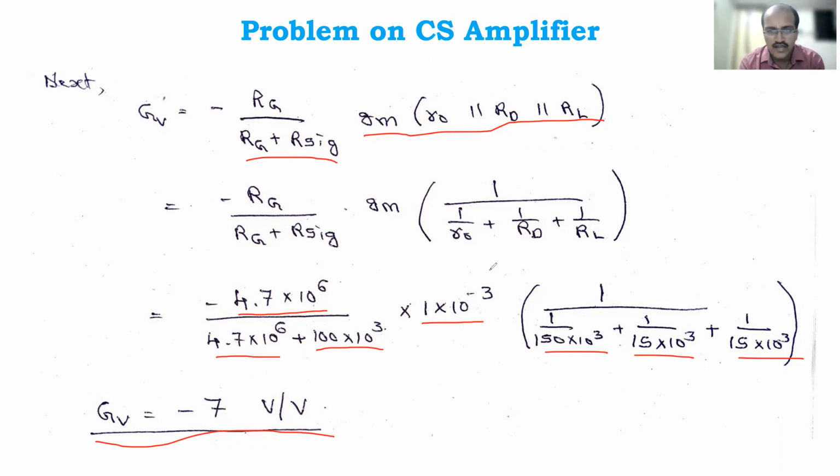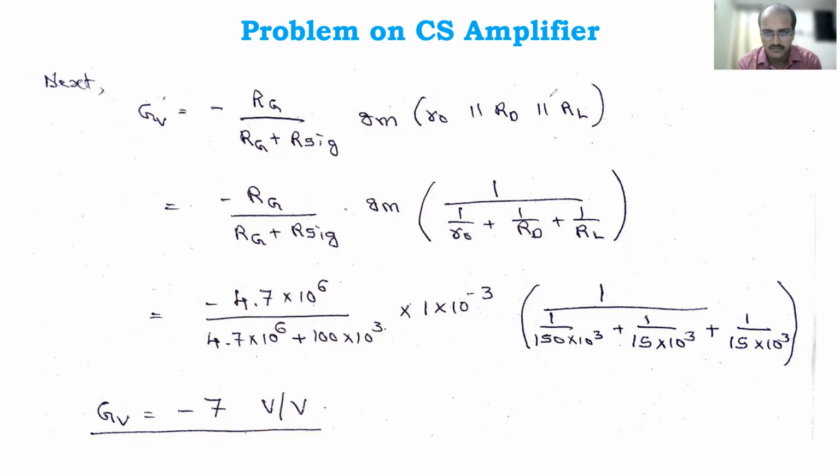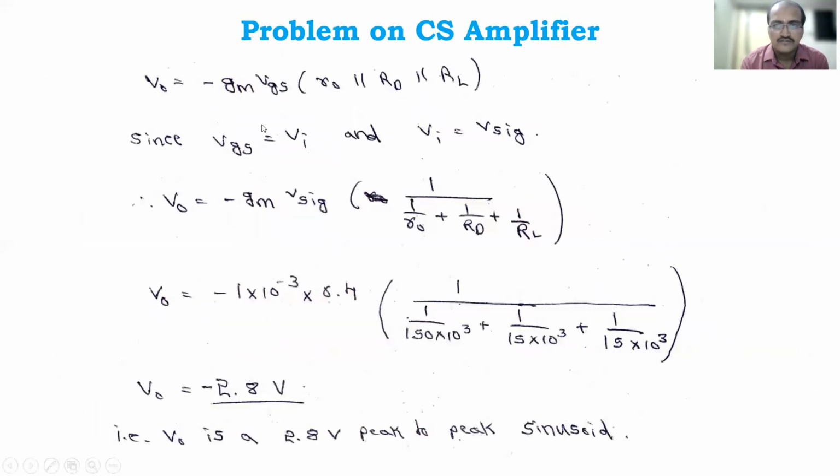Okay, so the last part left out is the V naught value. So how do you calculate the V naught value? We have to use the voltage gain formula. Voltage gain means output voltage by input voltage. Input voltage they have given: V signal is 0.4 volt peak to peak. Okay, so you have to use it like that and find it. The AV value is there already here: GM R naught, RD parallel to RL. So see here, this is the formula you know from the common source amplifier analysis: V naught equal to minus GM VGS times R naught parallel to RD parallel to RL.